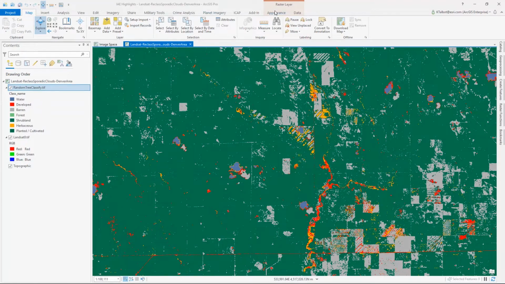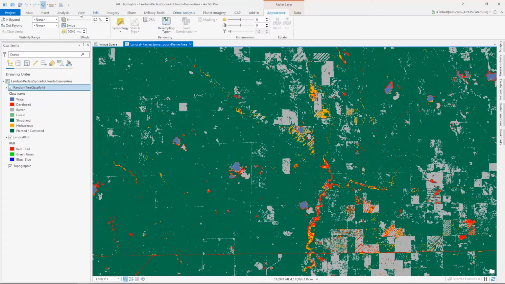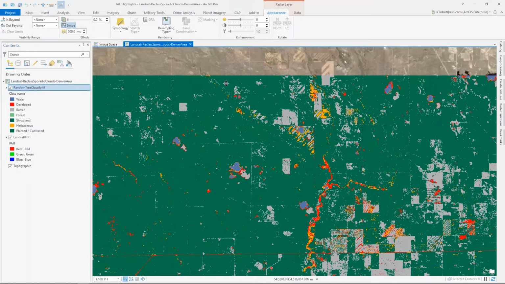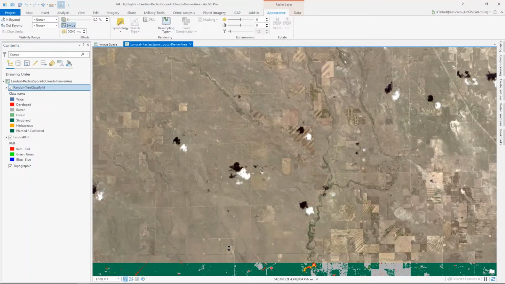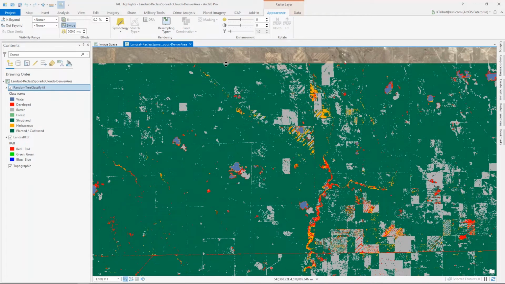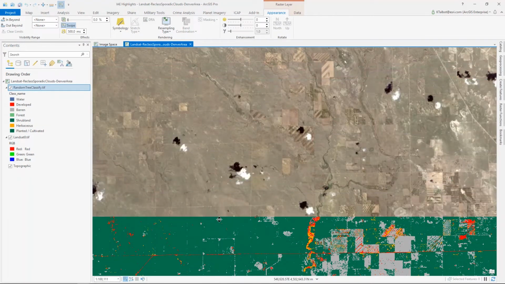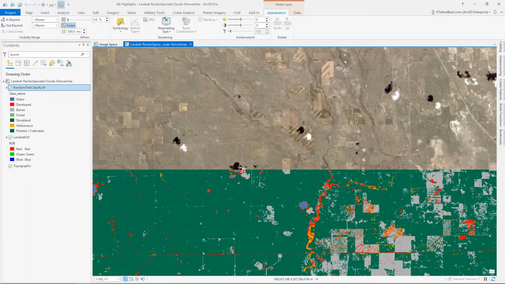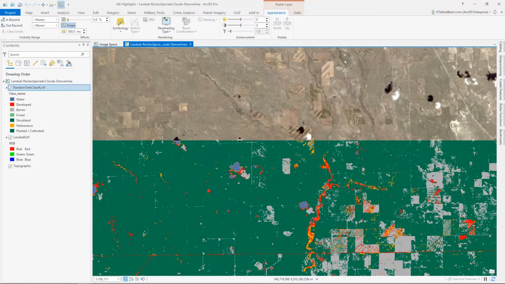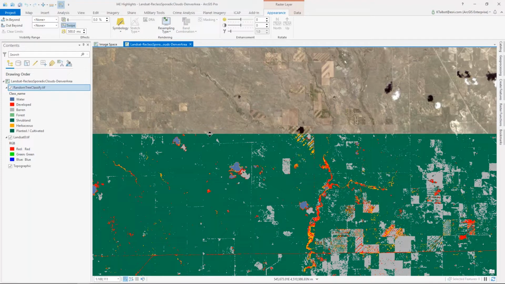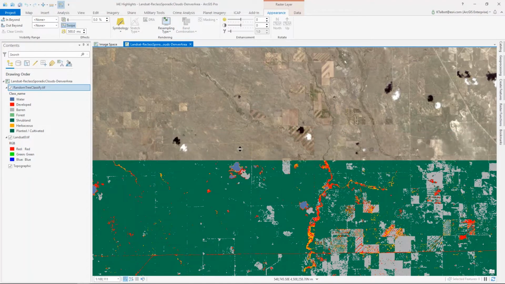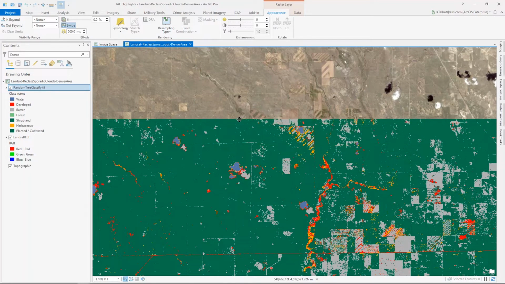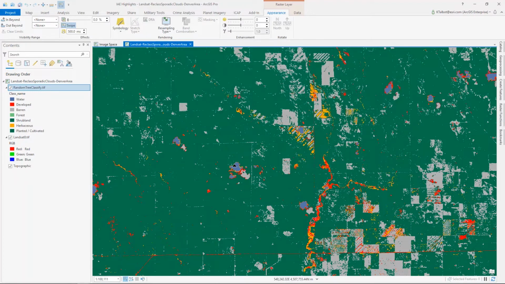Next, I want to show you the pixel editor, what it can do. Go back to our swipe tab here. And we'll show you that this is some imagery that's been through a classification workflow in Pro. And you can see that as the land cover has been identified, some clouds were in the way, and so they've been misidentified as water when this should be land over this area. So what we'll do